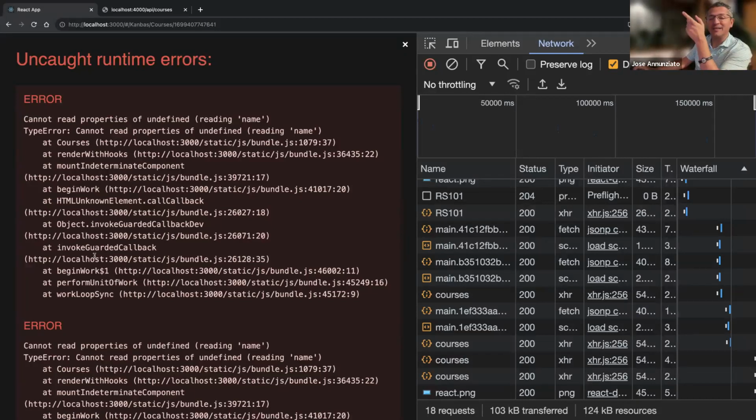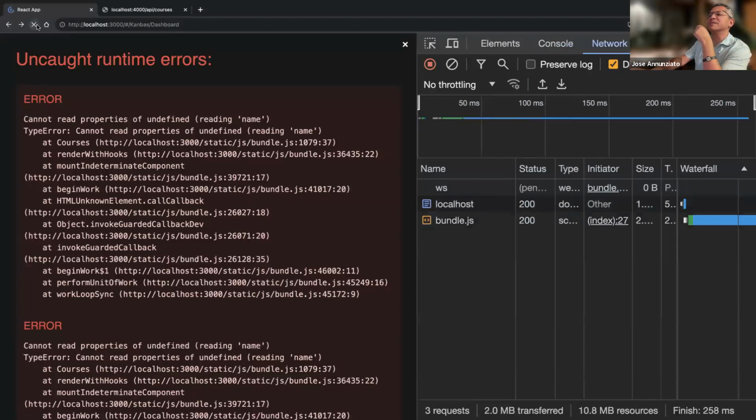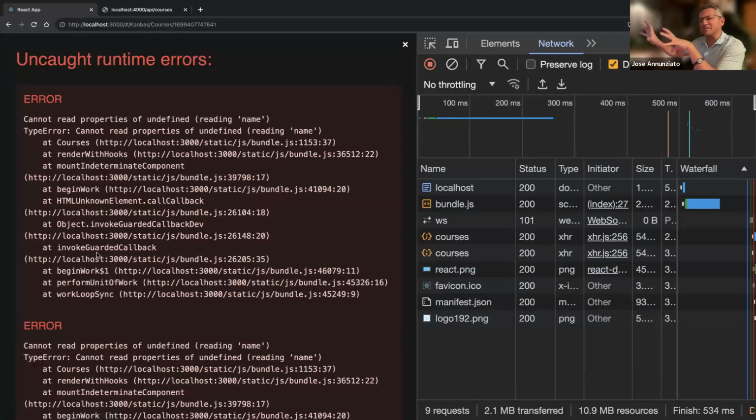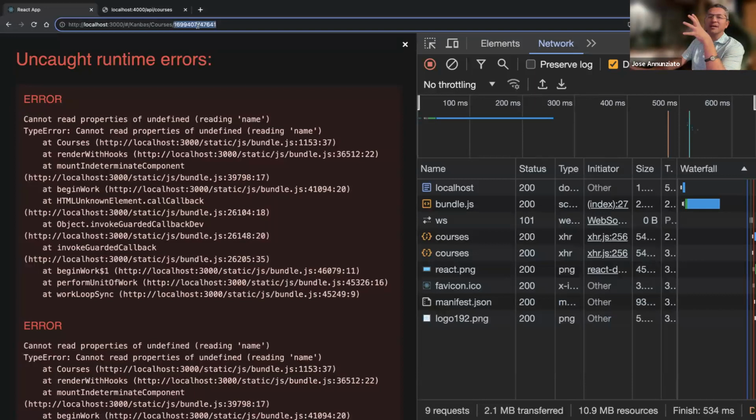Because the dashboard is using the courses from the server, whereas my courses screen is still using the database in the client. So there's a mismatch, right? There is no such course with that ID in the local database. There is an ID in the remote database, but not here. So we need to replace